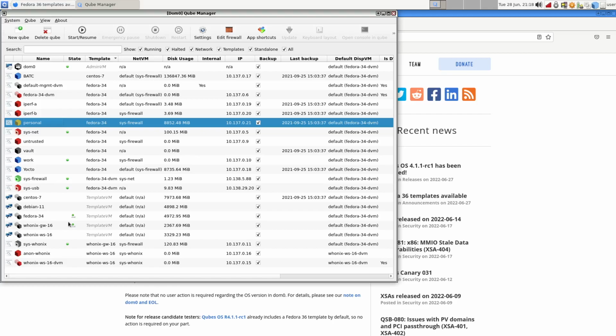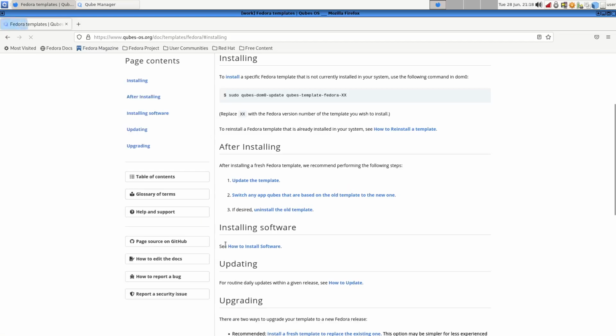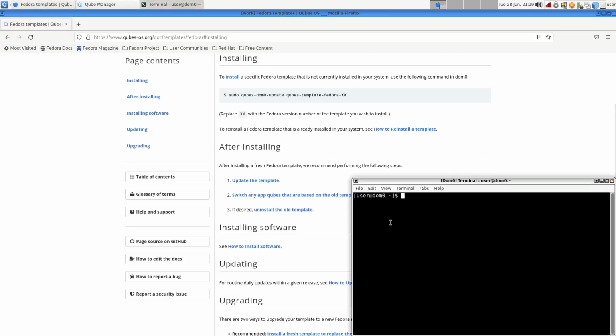So here we go. If we watch the installation instructions, it tells you how to install a specific template that is not currently installed in your system. You want to do this in DOM0. So we open a DOM0 terminal window, and we do sudo